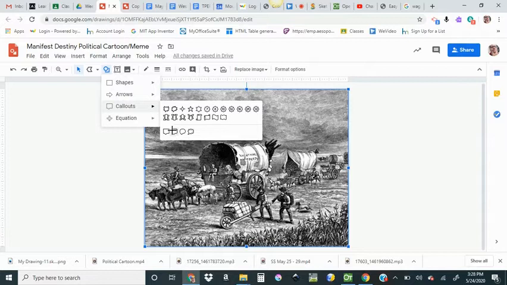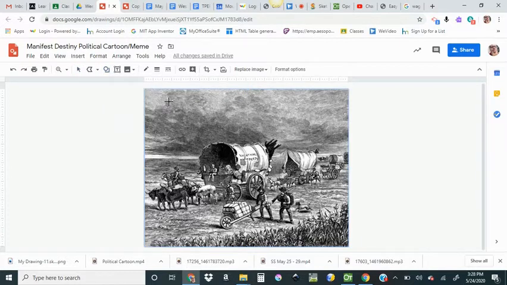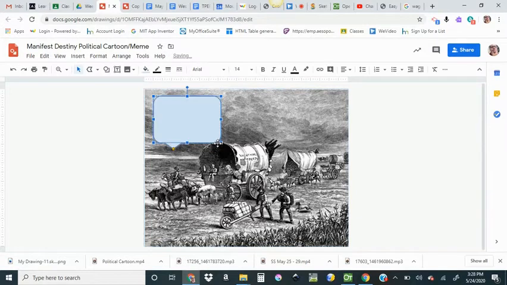I think I'll use a rounded rectangle callout. And then I am going to use this space up here. And if I double click, I can type in the middle of the callout, and I'm going to just put all this great land